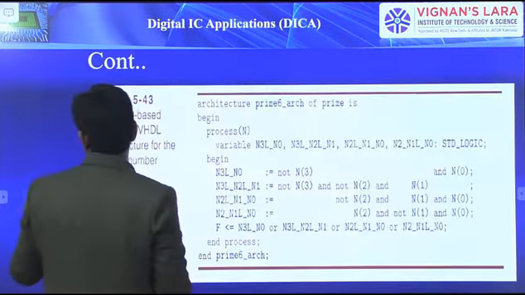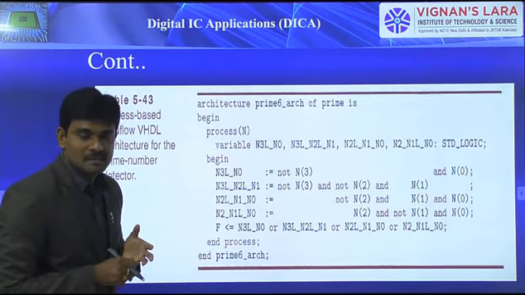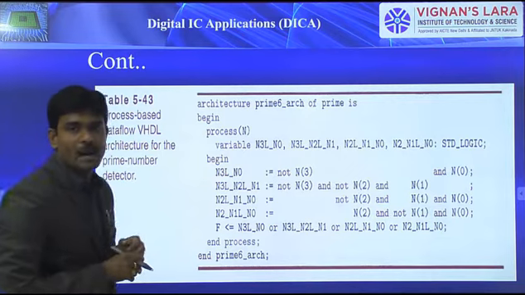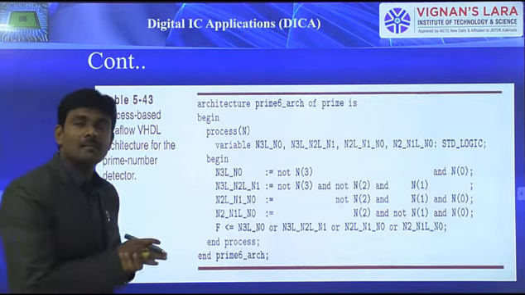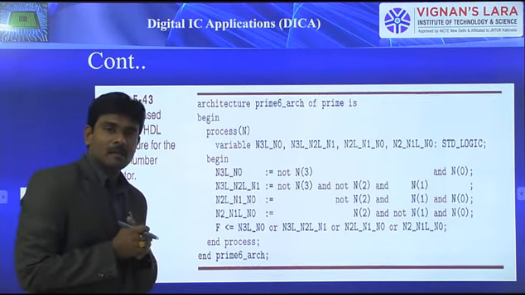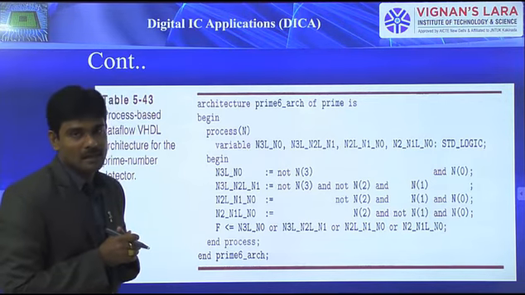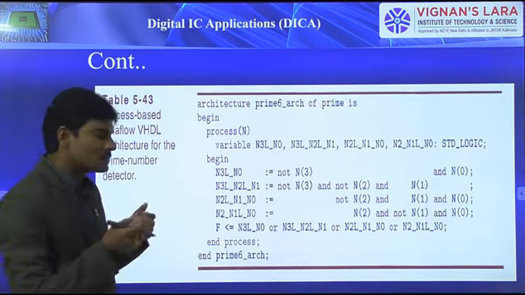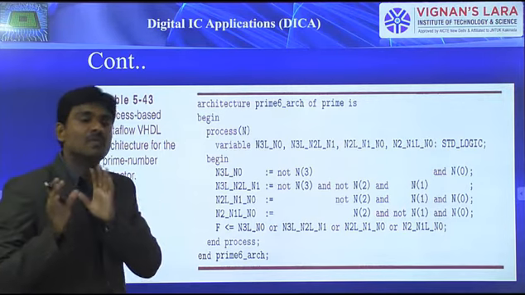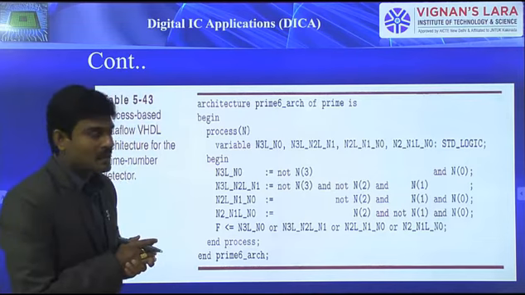Based upon whatever we discussed till now, what the sequential statements are and how we can declare variables, with that knowledge we can now write a program using this behavioral description style. Here I considered once again the standard circuit we have been considering from the start of VHDL, that is the prime number detector, a 4 input prime number detector. By means of that we can realize which prime numbers we have between 0 to 50.